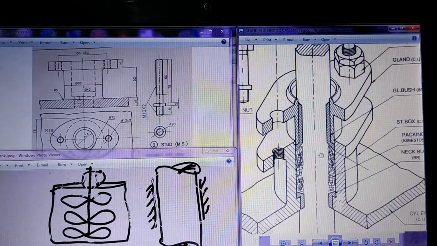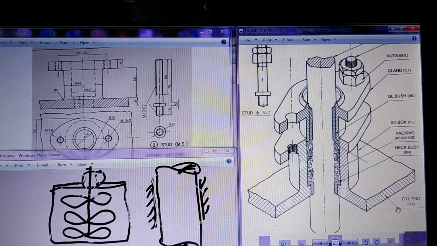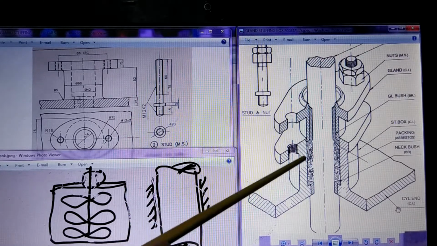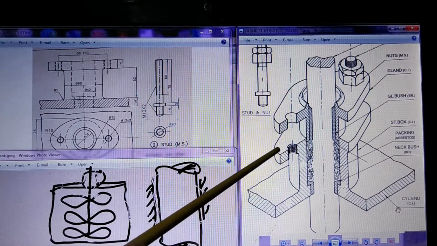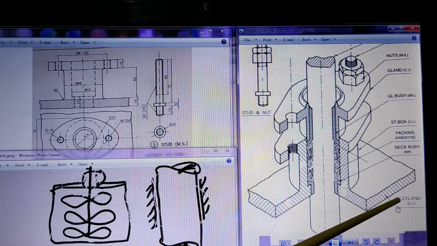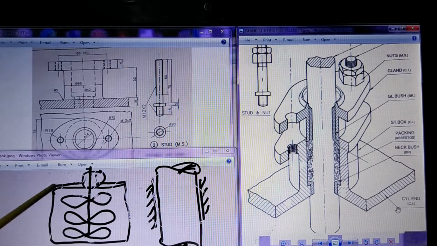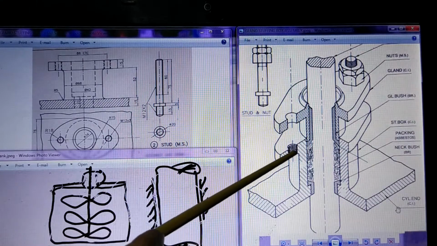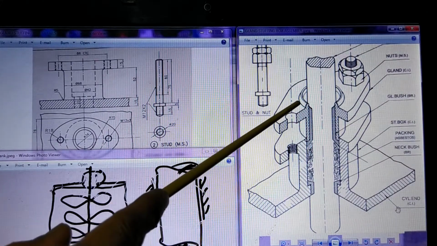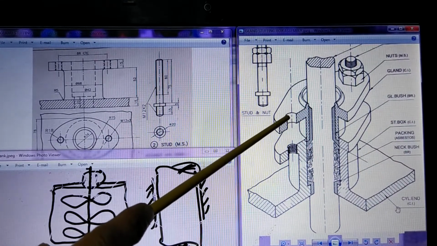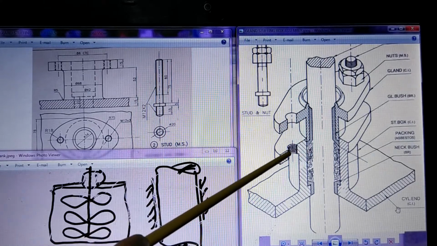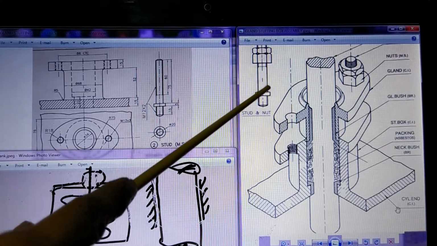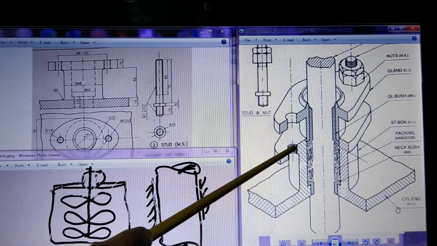So now look at this arrangement from some distance. Now you will find that the arrangement is like this. You can follow the section lines. So this is a part which is cylinder. This outside part is a cylinder or a vessel. So there is a vessel here given this shape. To this shape there are threadings, and then there is a gland. Gland has got a free hole, clear hole, and at this place you can see the stud is already shown here. So this stud is going to be fitted here.